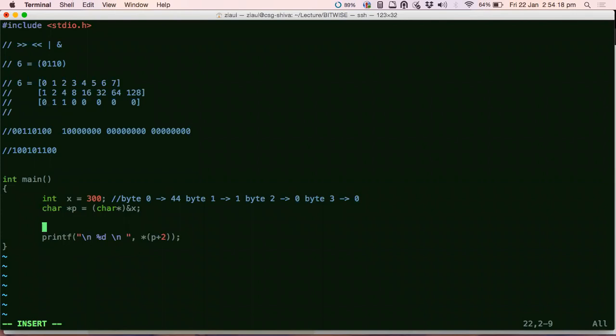So if there is no bit pointer, what do you do? That is our problem. So we read the entire byte, but then we look at individual bits. That's the solution. You read the entire byte because you cannot go lower than a byte, but then you probe inside individual bits. So this is what I'll be teaching you now, how to go inside each bit of a byte.